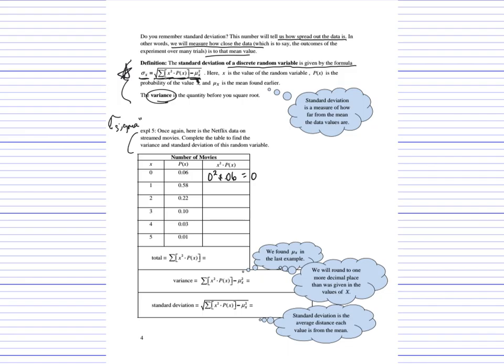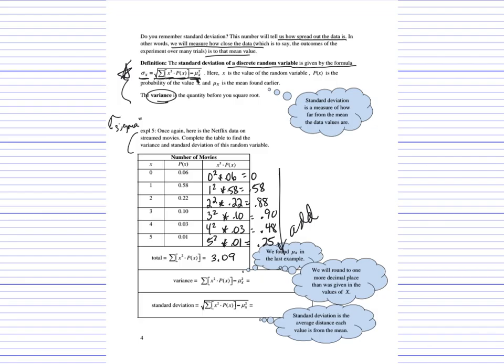And then when x is 1, I've got 1 squared times 0.58, which of course is just 0.58, isn't it? Then I've got 2 squared times 0.22. Well, that's 0.88. 3 squared times 0.10, that's 0.9. Make sure we don't lose a decimal. 4 squared times 0.03. What is that? 16 times 0.03? That would be 0.48, wouldn't it? And 5 squared times 0.01 is 0.25. Now, add up all those guys. I added them up and I got